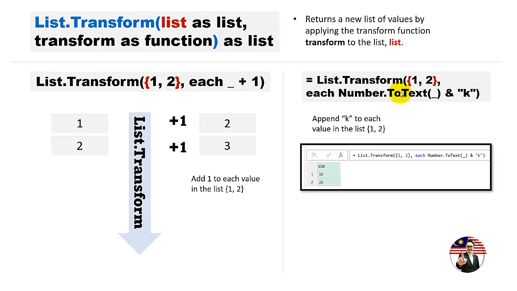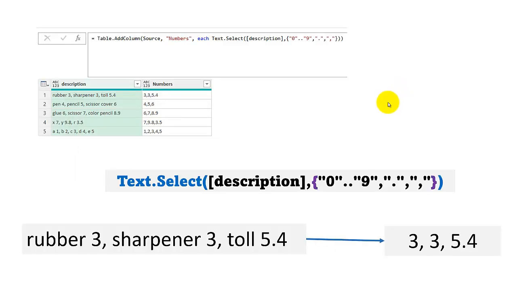Now just watch another one here. Now suppose that you have a list of descriptions here. If you want to extract all the numbers and the comma and the dot, you can use Text.Select for each of the items. So again, you can see that it's each, and then from here extract the 3. Now when you get this, you want to turn it into a list. Why do we turn it into a list? Because we don't want a comma. So how do we turn it into a list? We use the